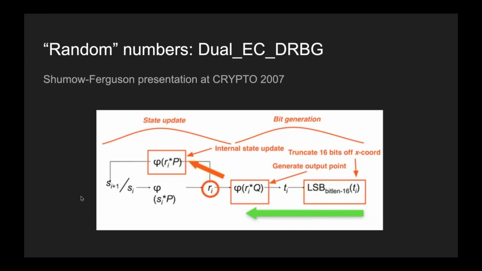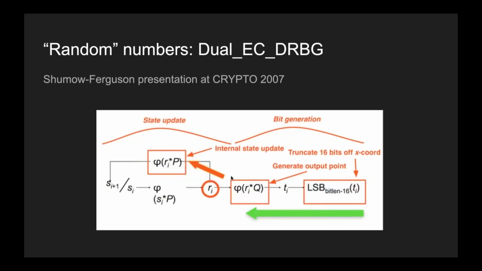The thing to remember, though, is a lot of these numbers for encryption are really big. So typically like hundreds of bits long. So removing 16 bits from like a 500-bit number isn't hiding very much of it, and it's pretty easy to undo those and figure out what the real point was, because it has to be on the actual elliptic curve. So the green arrow is pretty easy for anyone to undo. And that's not necessarily a problem by itself. That's not completely a backdoor. We can't undo everything unless you can also undo this red arrow.